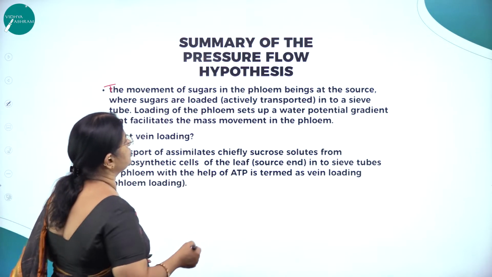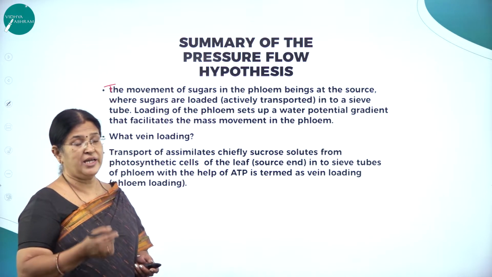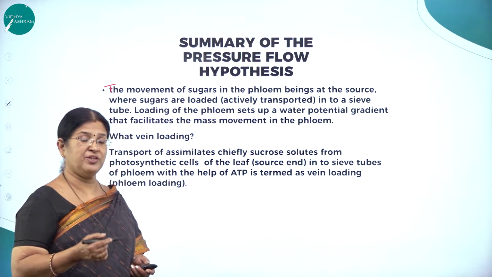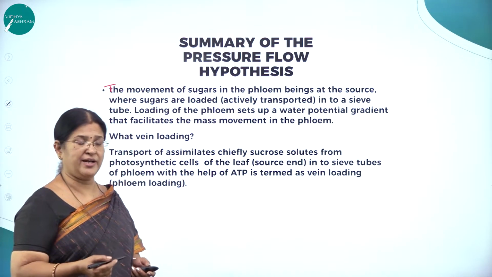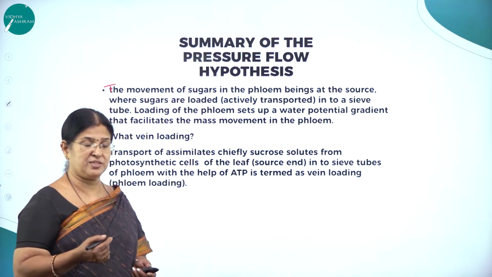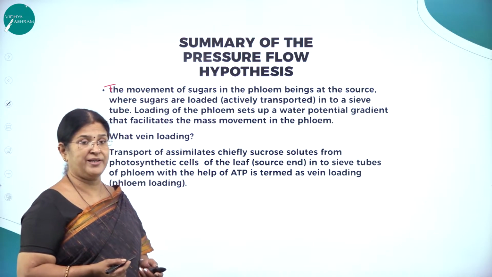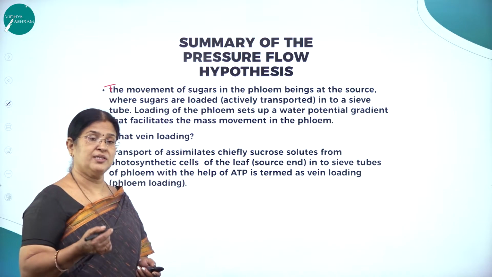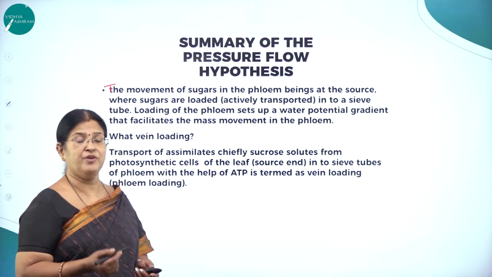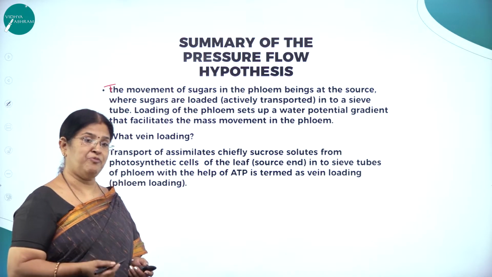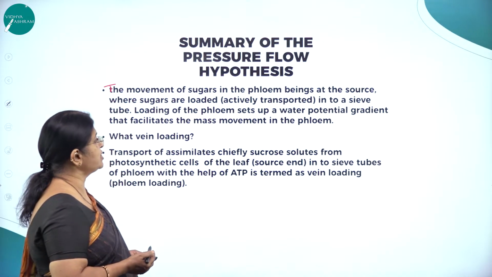The movement of sugars in the phloem: as we know, phloem is a food conducting tissue. The leaves, particularly the mesophyll area of the leaf, prepare the food, which is starch, a polysaccharide, and it is carried by the phloem elements, namely the sieve cells and sieve tubes, along with the companion cells. The sieve cells, sieve tubes and companion cells put together are called sieve elements, which are the conducting elements of phloem in conducting food from upwards to downwards. So the movement of sugars in the phloem begins at the source, where sugars are loaded